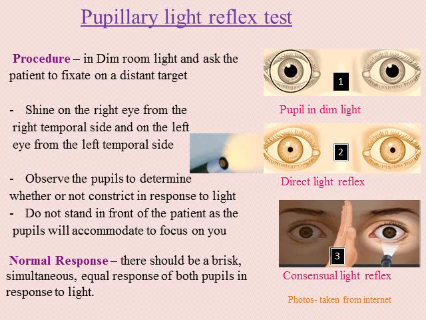The first photograph shows the size of the pupil of both eyes in dim light. The second photograph shows constricted pupils of both eyes after shining light on the eyes. It is known as direct light reflex. The third photograph shows a pen light on one eye while the other eye is shielded from light with a palm. Yet the pupil is constricting. It is known as consensual light reflex.